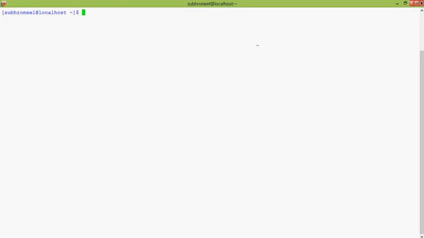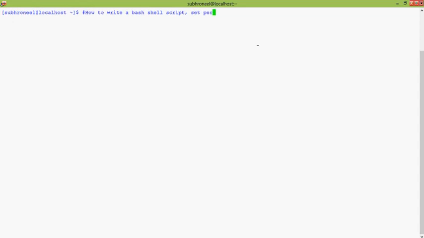Lesson for today: how to write a shell script in Linux. A shell script is something like a batch file in MS-DOS, but it's different from a batch file in many respects.